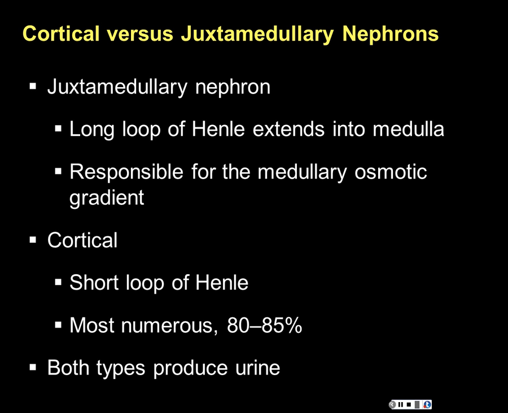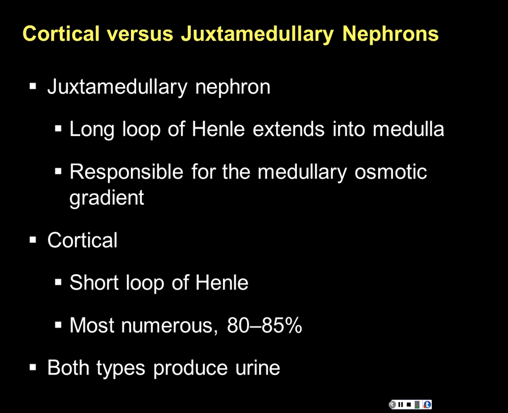If you remember, I think it was yesterday, we talked about how within the interstitial fluid, from the cortex to the medulla, the interstitial fluid goes from more dilute and becomes more concentrated. And we had a gradient, and we illustrated that's to keep the fluid flowing through the nephron. It's the juxtamedullary nephrons, these long ones, that establish that osmotic gradient, to keep the fluid flowing from the cortex area down to the medulla and then back up towards